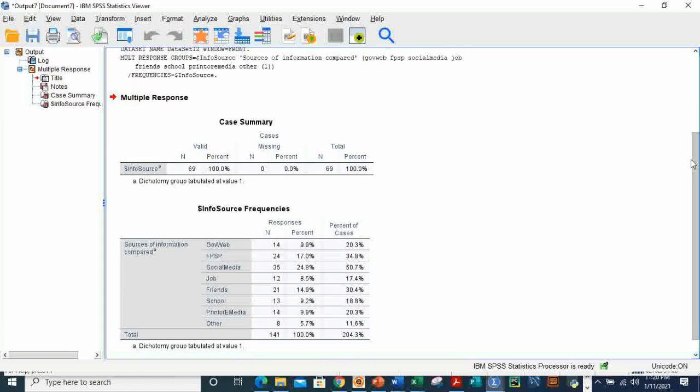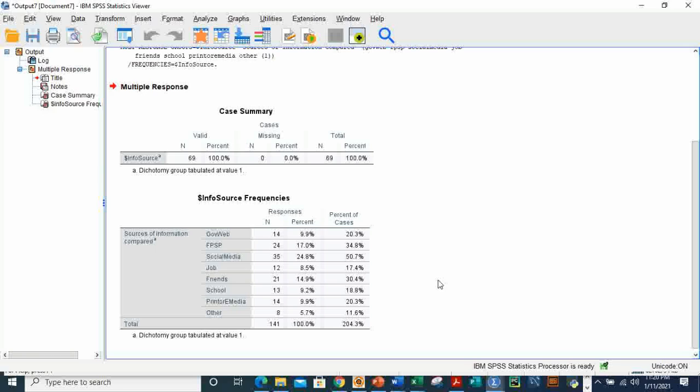So that's it. Means we have 69 respondents, but the frequency of the responses is 141, and this is how each source performed in terms of percentage and in terms of cases. You see here, and you can see we have info source. Valid is 69 because we have 69 respondents, and you can see there's no missing value. Okay, so that's how far we will go on this